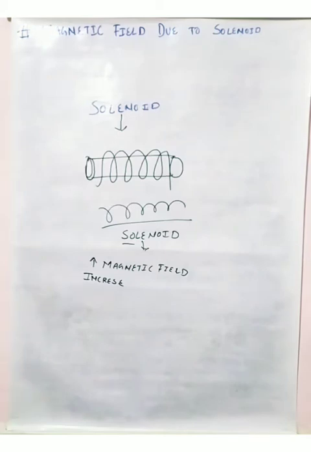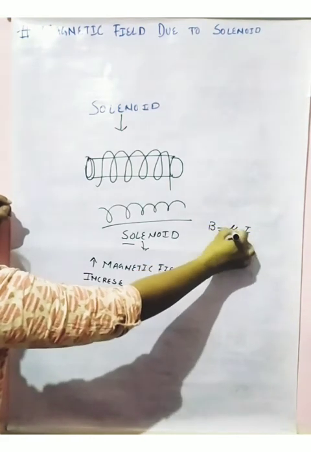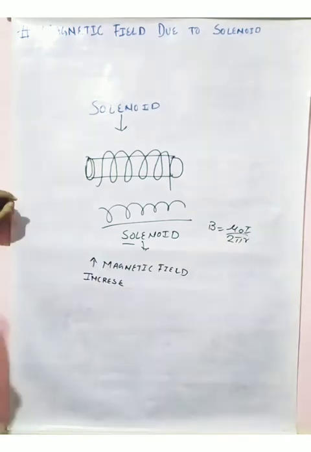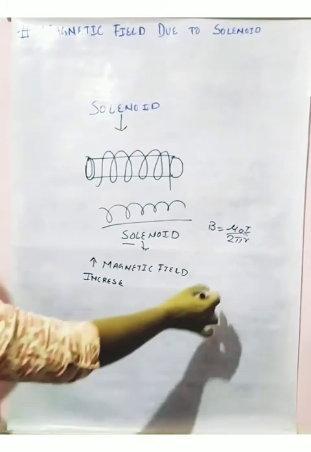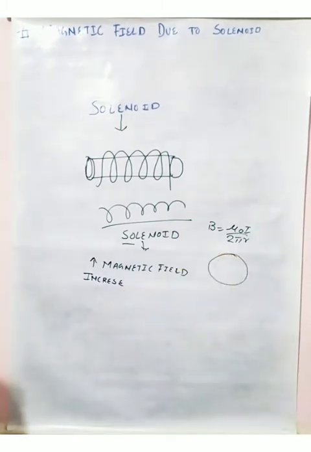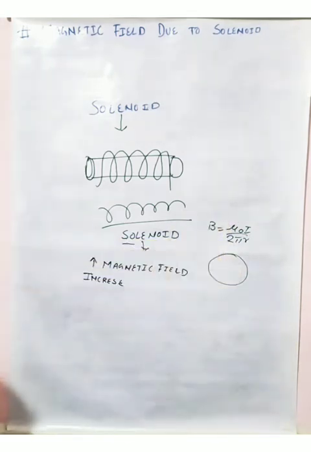Now the question comes, why do we have to increase the magnetic field? We have seen in the previous cases, through Ampere's circuital law and the Biot-Savart law, the magnetic field at a particular point. We always get an expression like mu naught I upon 2 pi r. Here the magnetic field is directly proportional to the current enclosed. If we have one conductor and the current is small, the magnetic field will be small.